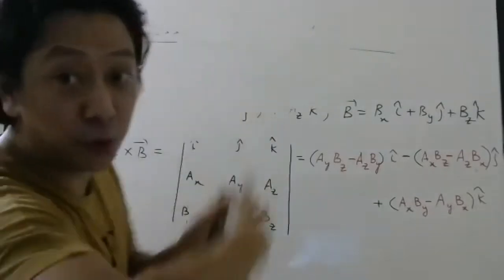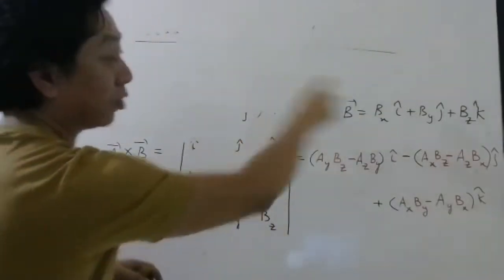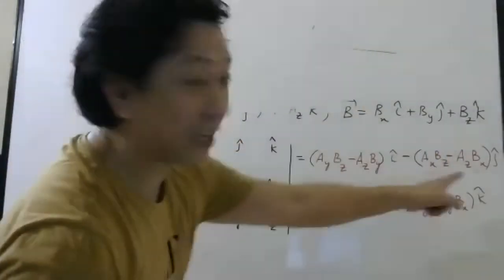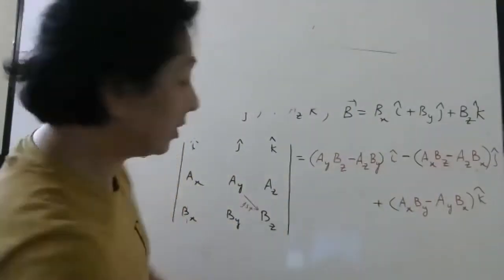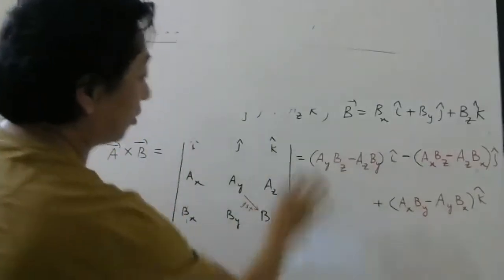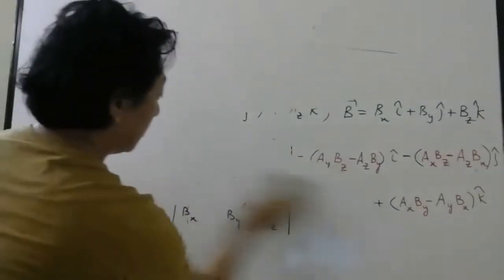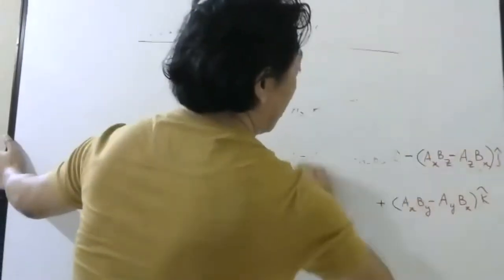So if you actually multiply this to A bar cross B bar, you will get this actually. But that way, if you do, it takes a lot of time. That is why the best thing is to remember the way I taught. So let us apply this knowledge to solve one problem. First one I will do. Second one you have to try.